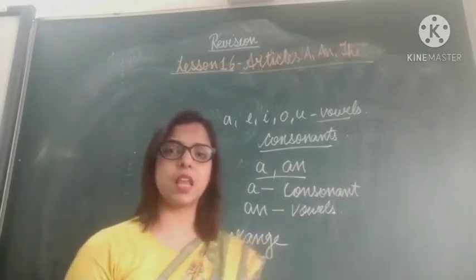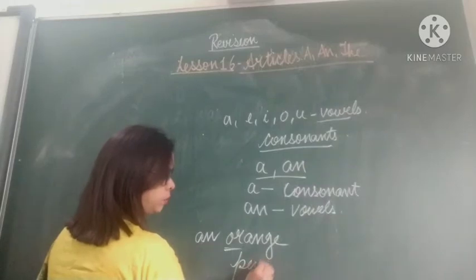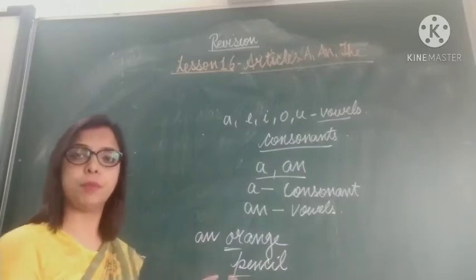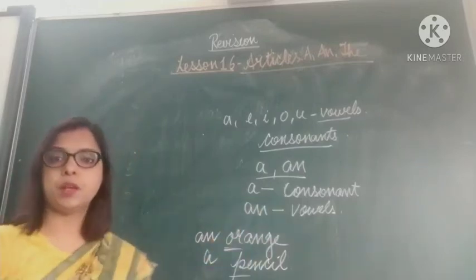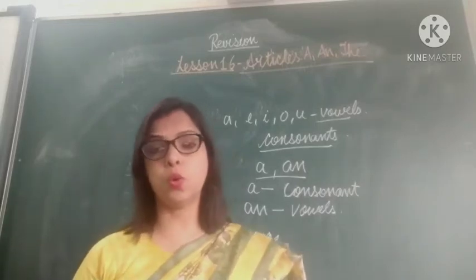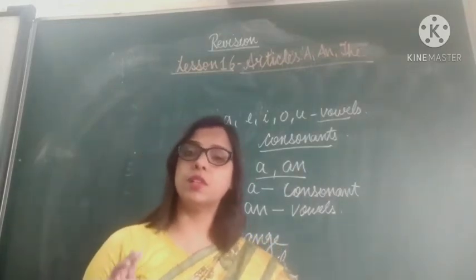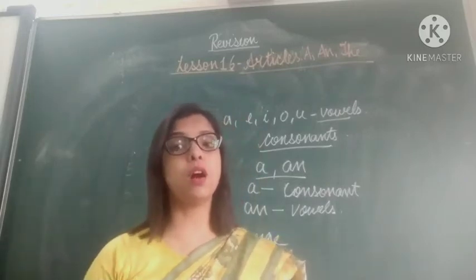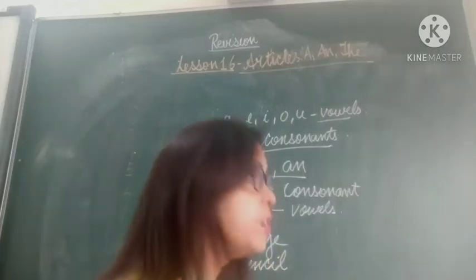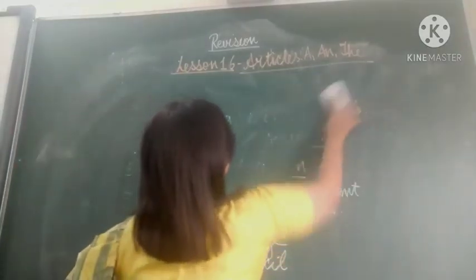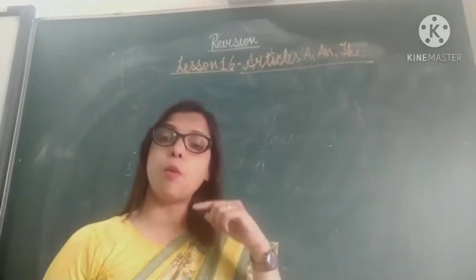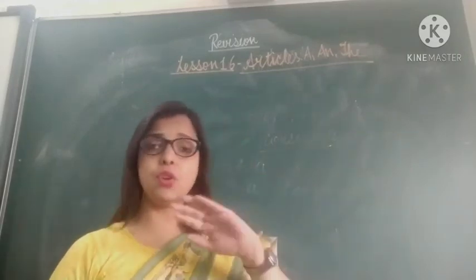Give me a pencil. If I say pencil, it is very clear. It is giving a consonant sound, P. So we will write a. But children, it is not always so. Sometimes the words start with a consonant but give the sound of a vowel. Let's see those words, children. So it is very important to keep in mind the opening sound of the word and not just look at the first letter.